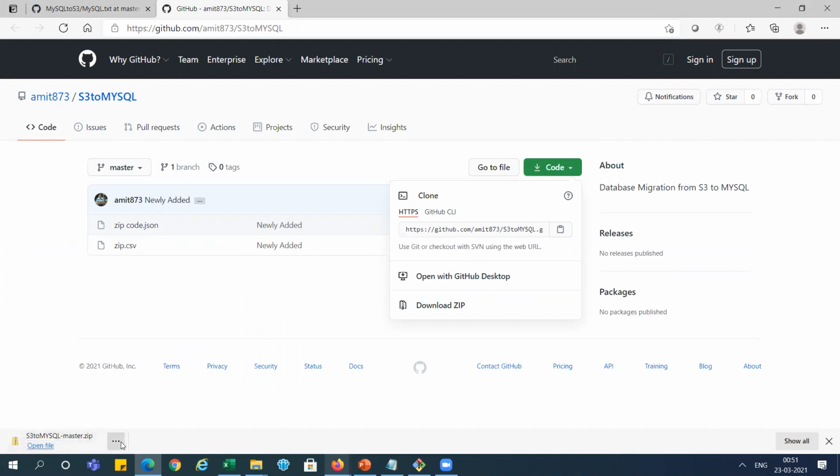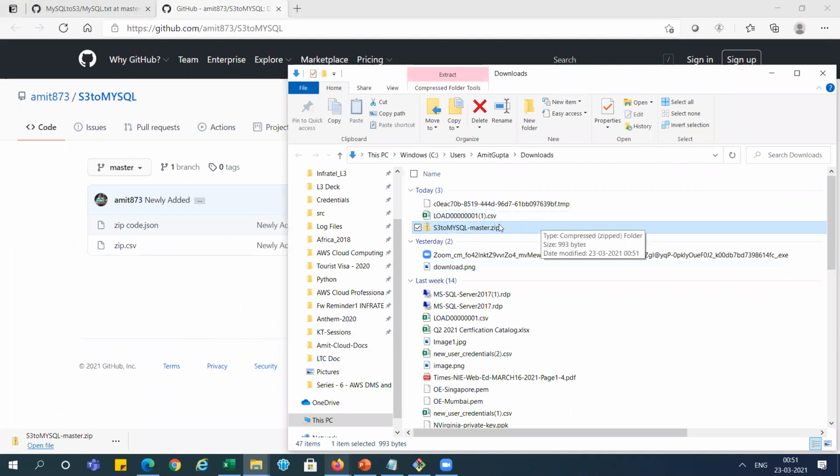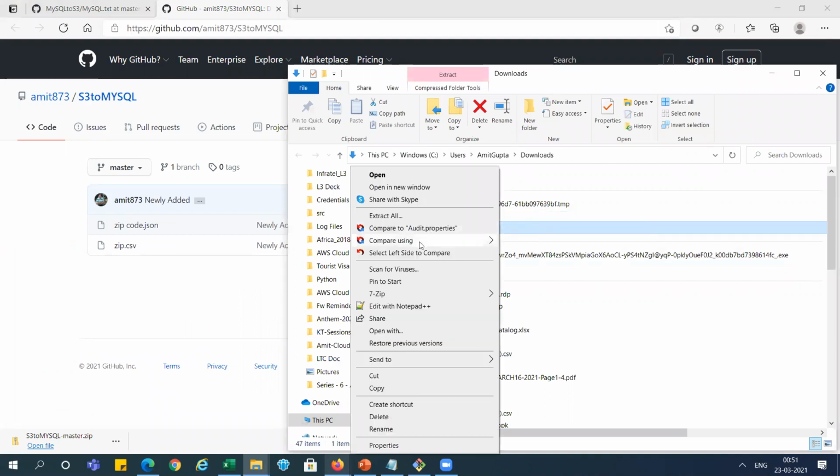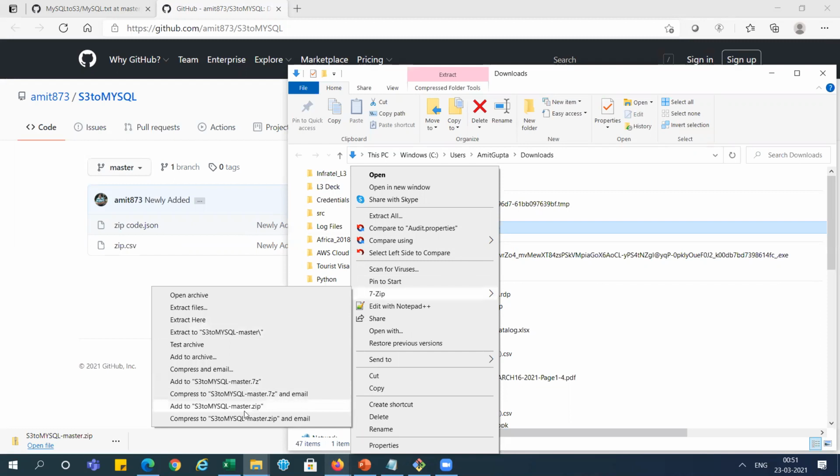You can see it is downloaded. Now opening the folder, you can see it is downloaded. Now I am going to open this and unzip it.